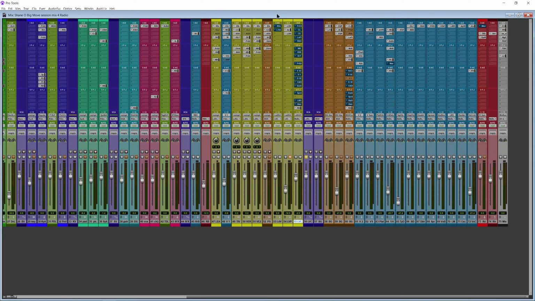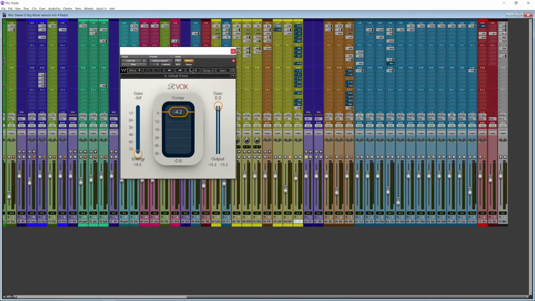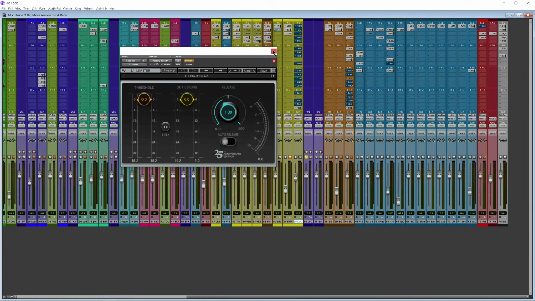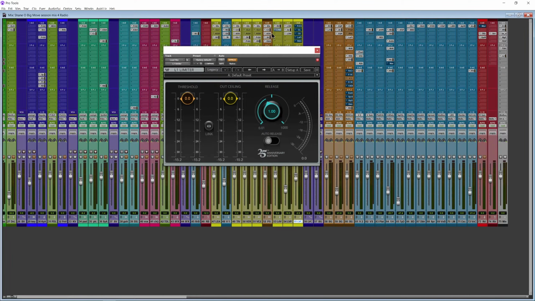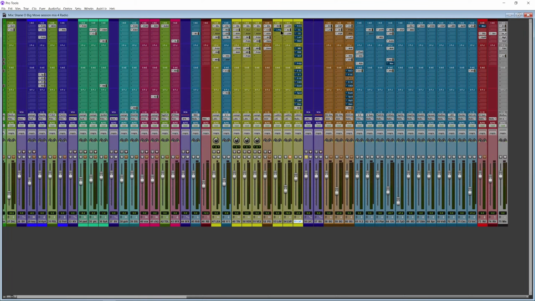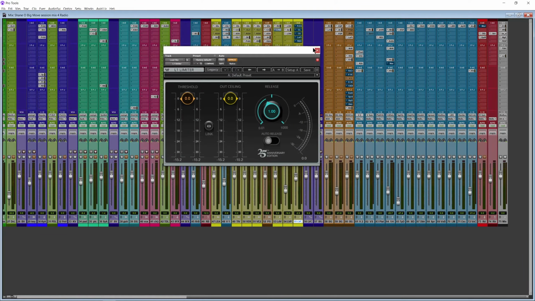Now on this particular channel, I have the RVOCs here, which I have at about 4.2. Sometimes I navigate between 4.6 and 3.5 to get the suitable sound that I really need. After this particular plugin, sometimes I have a limiter there, sometimes I do not. Some of these limiters have color on them. Sometimes I will put a tube-like limiter there to give it a little bit of color, but this one is just there not doing anything.